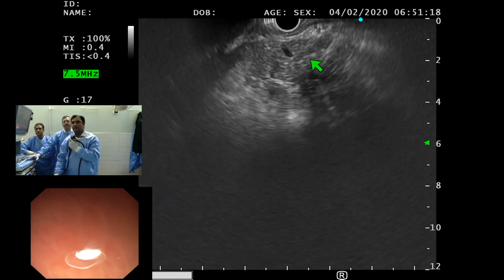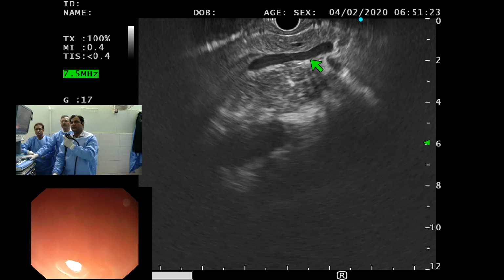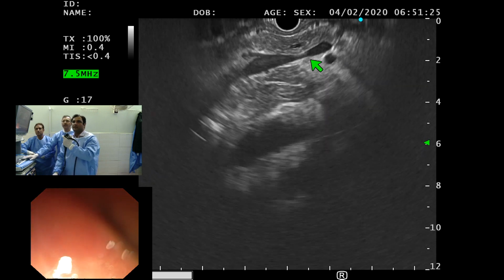So are we done here? Yeah. So you have seen the pancreas, you've seen the confluence. This is the